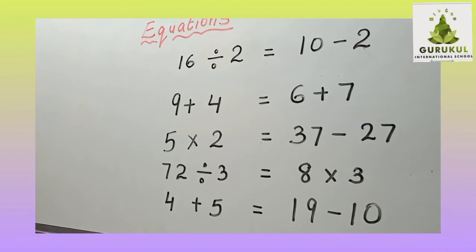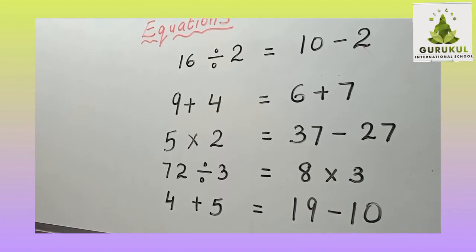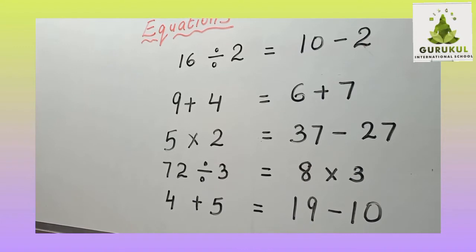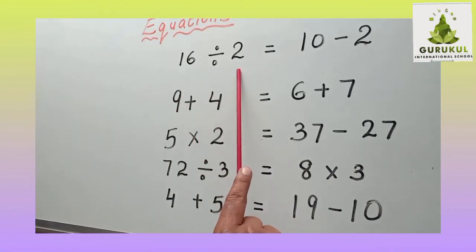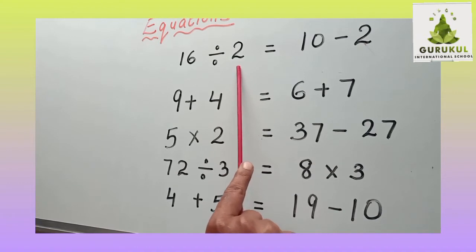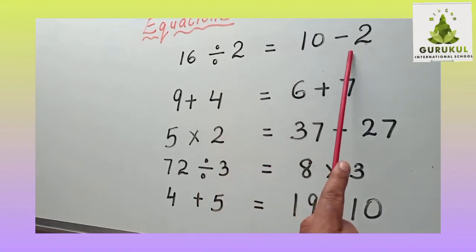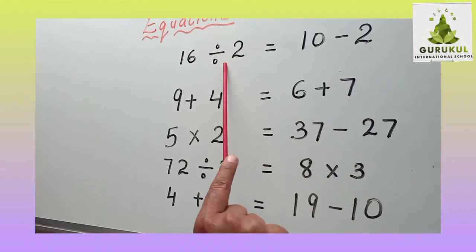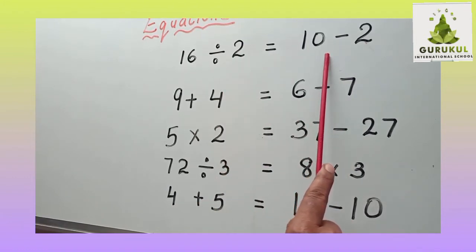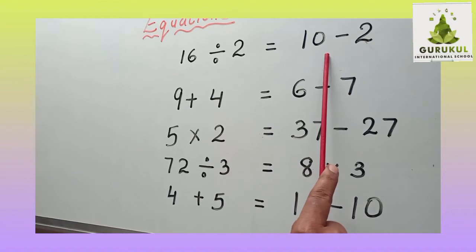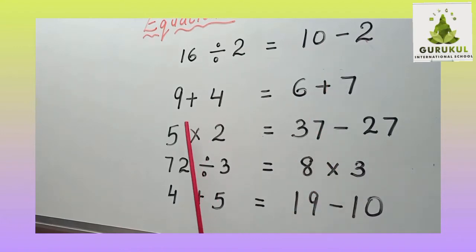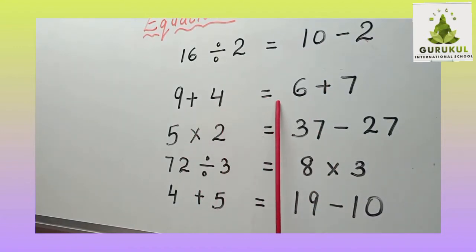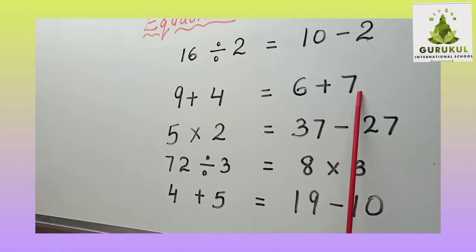Children, now you found the answers. Now you can write the equations. See the RHS which are same. Its LHS you can equate and write it. Now you have seen in the previous part, 16 divided by 2, what you got as 8. So 16 divided by 2 is 8 and 10 minus 2 is also 8. So you can equate the LHS, that is the left hand side of the equations, because its right hand side are same. Is that clear to you? Now 9 plus 4 is equal to 6 plus 7. What you got? 6 plus 7 is 13.